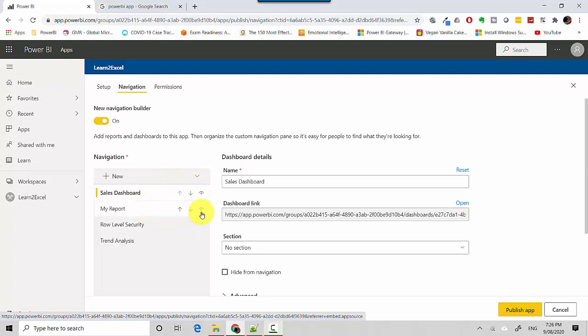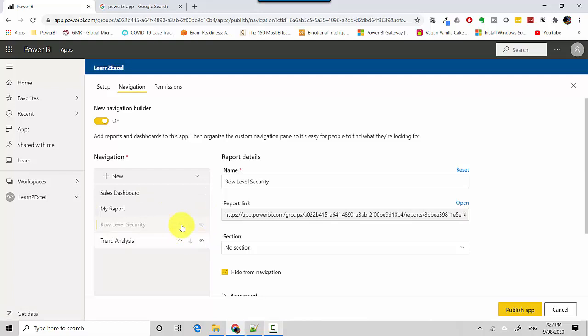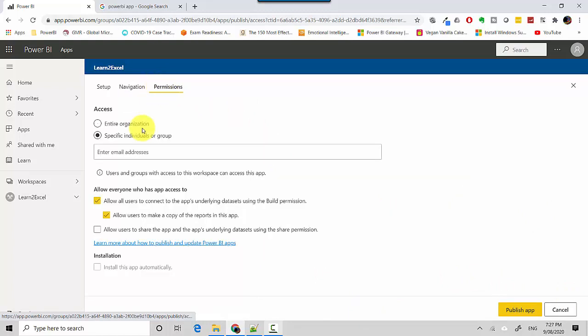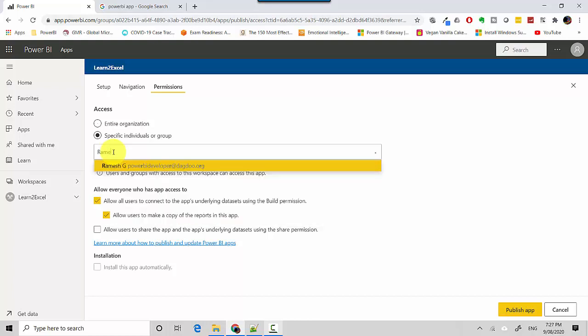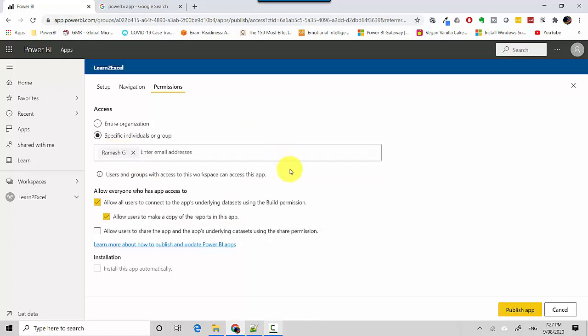I'll keep my report as well, but I'll hide the row level security, and I'll also keep the trend analysis. For permissions, I haven't specified anything yet. I could give access to the entire organization, but in this case let's just keep this to one person, and I can click publish app.